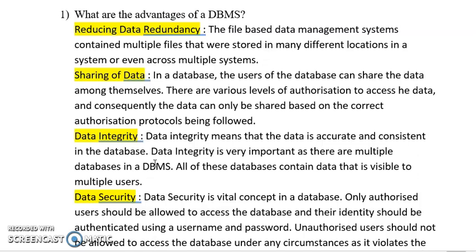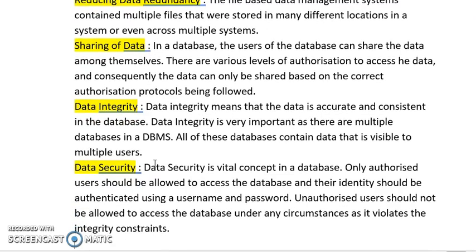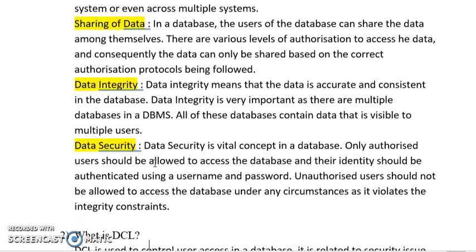Data integrity भी है इसमें, means what? The data is accurate, it is consistent. How much data is sent, that much is only received. उसमें कुछ addition deletion नहीं हुआ है. So all these things comes under data integrity. And then we have data security, मतलब what? Only the authorized person can see it.